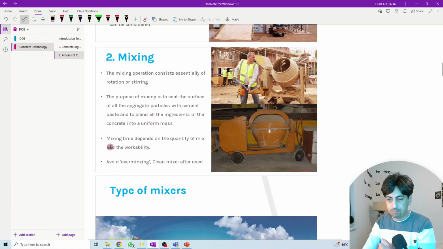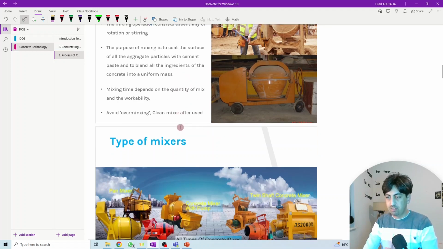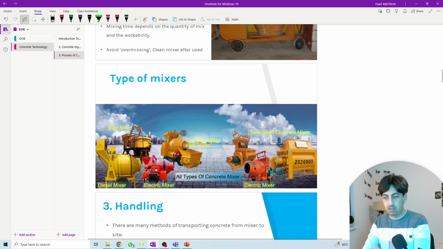or the aggregate together. Mixing time depends on the quantity of the mix and the workability. So how much time do I need to mix the concrete? It is based on the quantity or volume of the mixture. Avoid overmixing, and we must also clean the mixer after finishing, because the concrete hardens over time and it will be much more difficult to clean the mixer after a long time. So these are the different types of mixers that we normally use for the process of